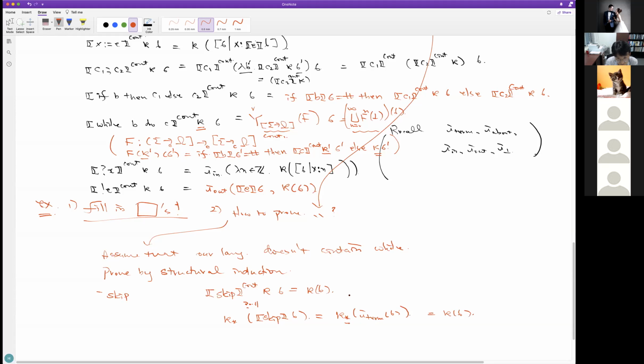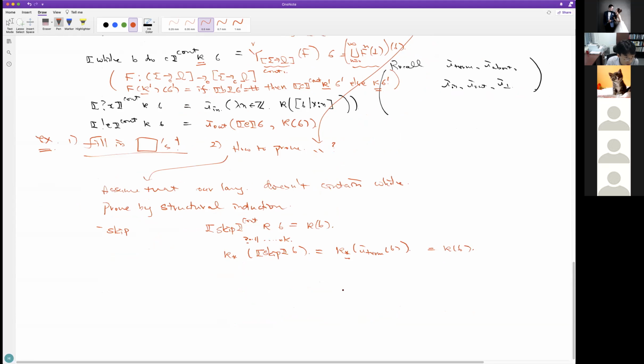So we have just shown that these two things are equal. So this is okay. The assignment case is essentially the same. So we're going to cover the sequential composition case, which is more involved.